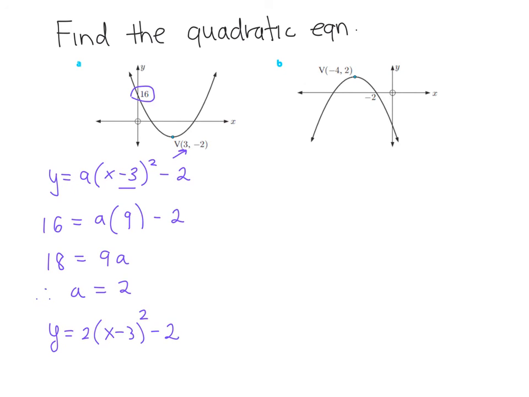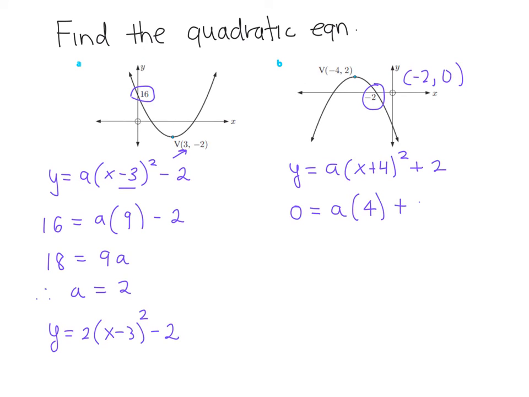On to the right side, we also have a vertex at (-4, 2). So I'm going to be using the vertex form one more time. y is equal to a times (x + 4) squared plus 2. This point tells us that when x is equal to -2, the y value is equal to 0. So 0 is equal to a times (-2 + 4), that's 2. 2 squared is equal to 4,